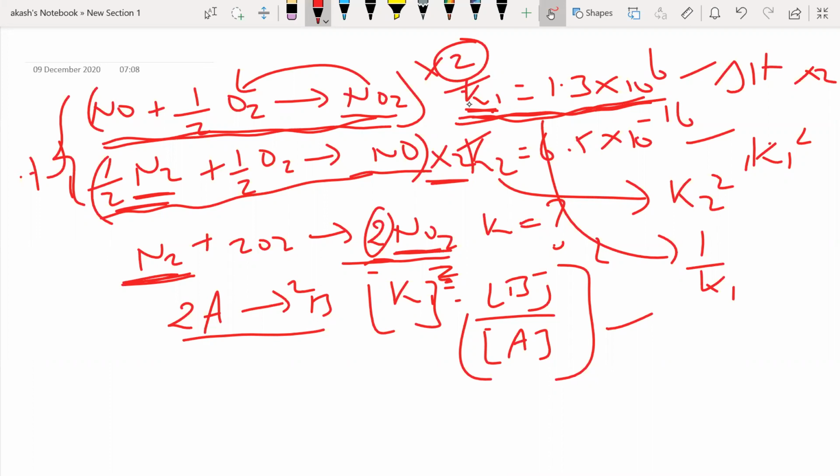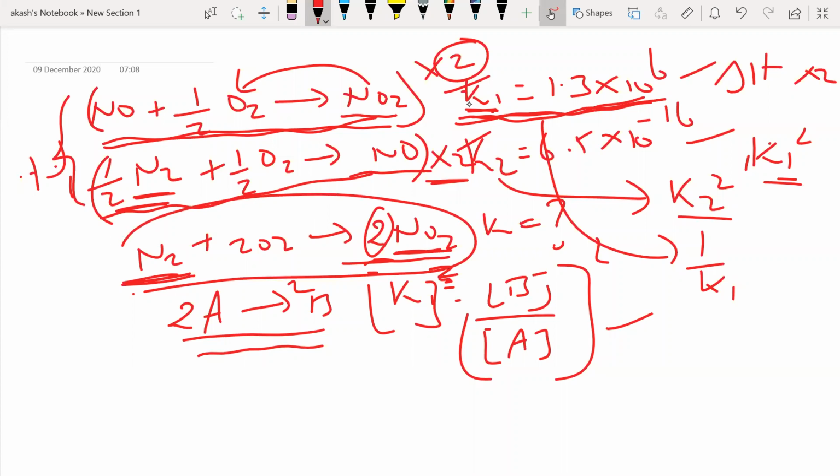Again, I can prove it to you with the help of A giving B, B giving C, and finding what A giving C is going to be. But you can just go back and check what we did previous times. So in this case, you had K1 squared, and you had K2 squared because you multiplied both the reactions by 2. And since you are adding these two reactions, this is the required equation. For this reaction, the K value which you're talking about,